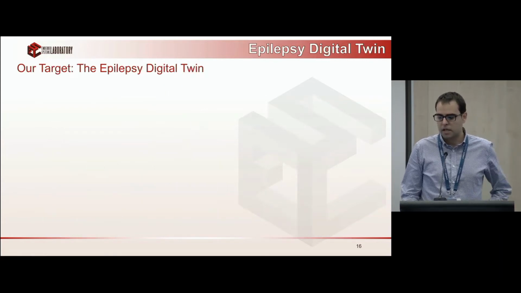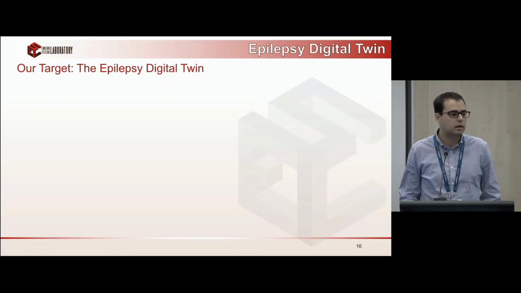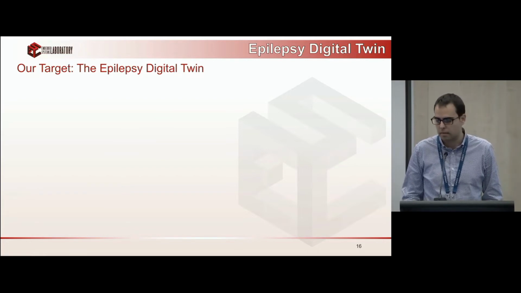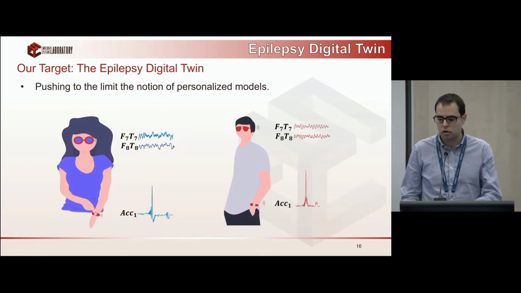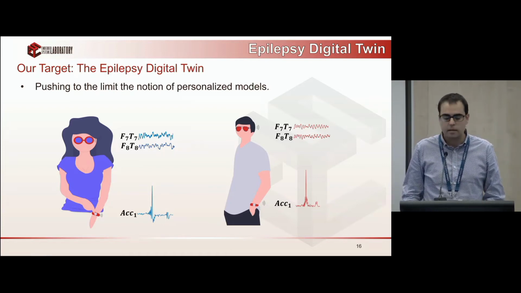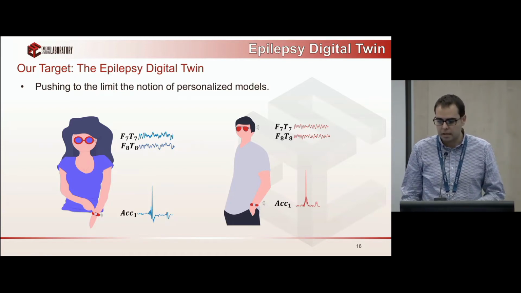And now let me finish by talking to you a bit about one of our latest lines of work. We think it is probably the most promising one. What we aim to build is what we call the epilepsy digital twin. And the objective here is pushing the notion of personalization to the limit. So the objective is to build for each specific person a personal model that is like a fingerprint from the different signals we are acquiring from them, and to be able to detect specifically